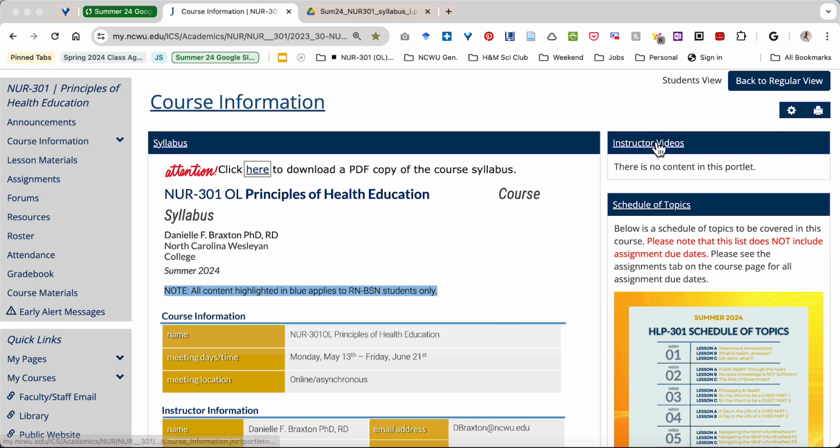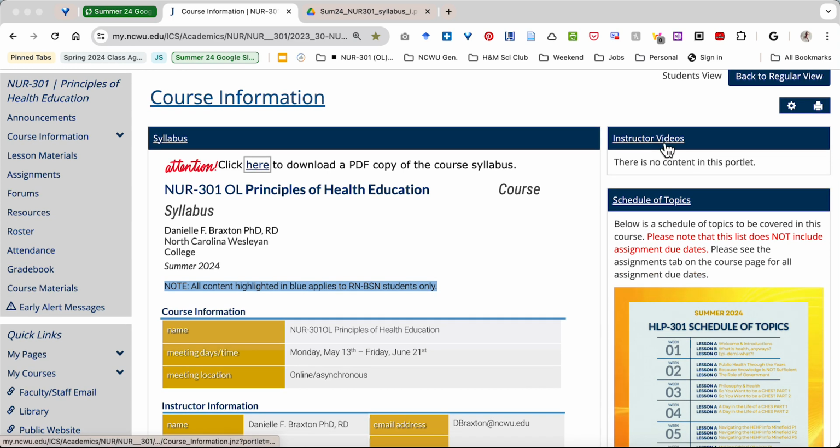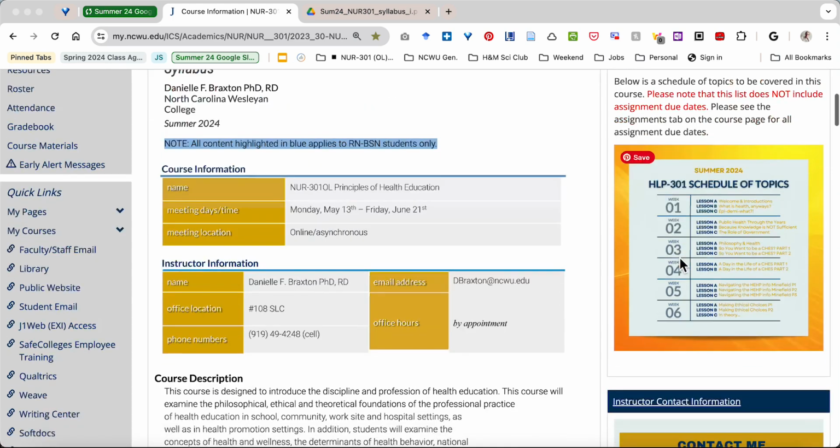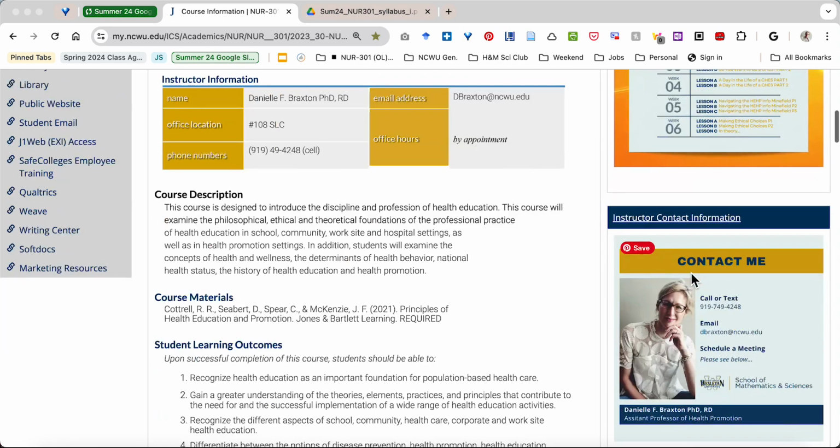Okay. On the right-hand side, instructor videos. As we go through the course, I will be recording videos just like the one that you're listening to now, and posting them. It's easier to convey information many times by recording a quick video, especially when I need you to see something online or reference some information that's on the website. As these get created, I will be posting them here so that you can access all of them anytime you need. This is simply the schedule of topics, just the general flow of what we're going to be going through this summer, right, for the next 6 weeks.